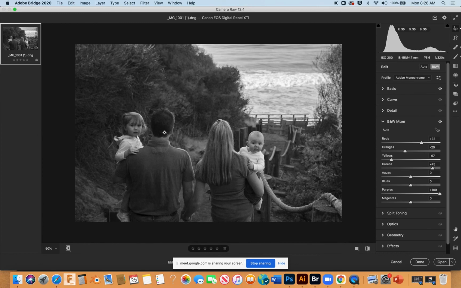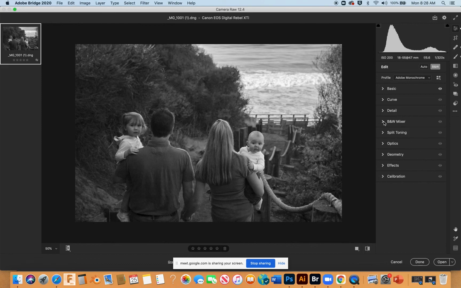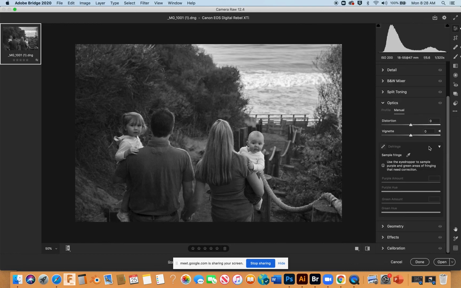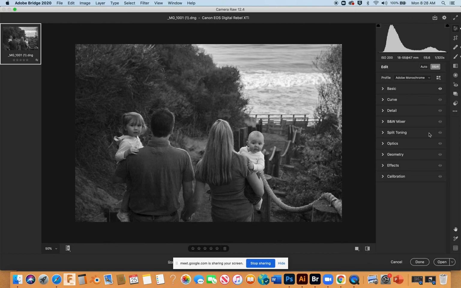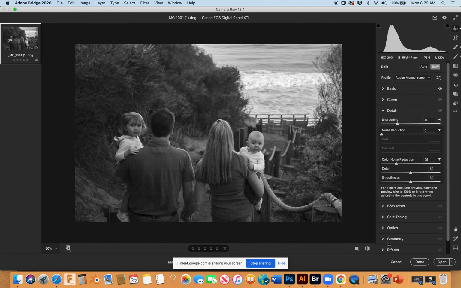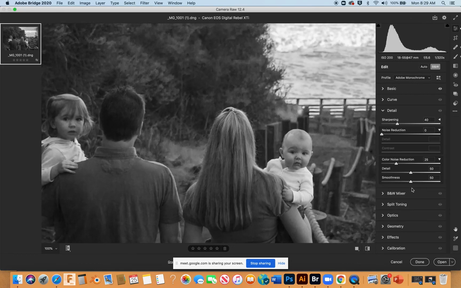Last thing I want to do is, don't forget, as with any digital image, because we're working with the raw data from the sensor, we want to evaluate the overall detail for grain and noise. If we go up to the Detail tab right here, you'll see that we have sharpening and noise reduction. We also have color noise reduction. I'm going to zoom in here a little bit,